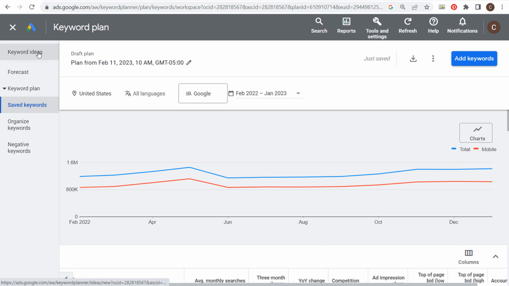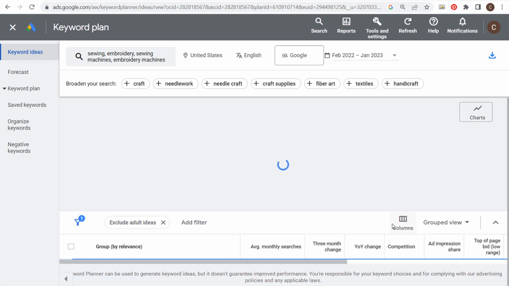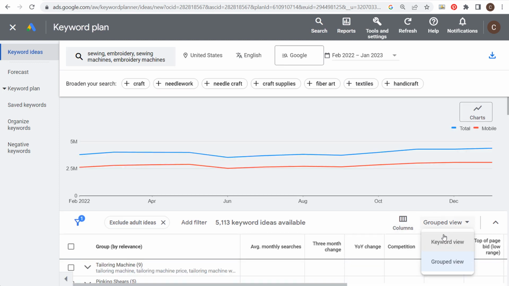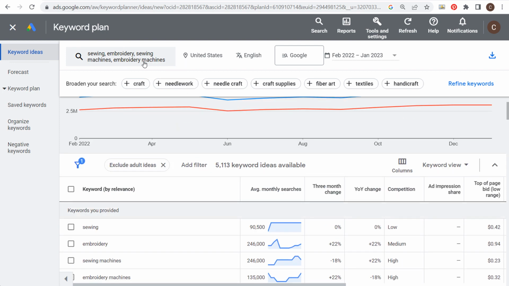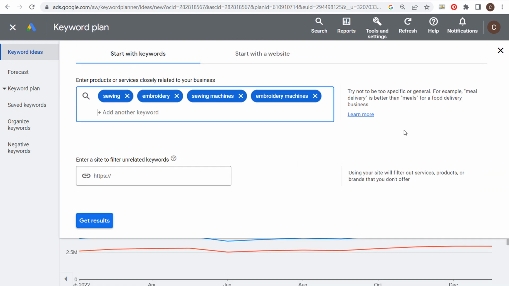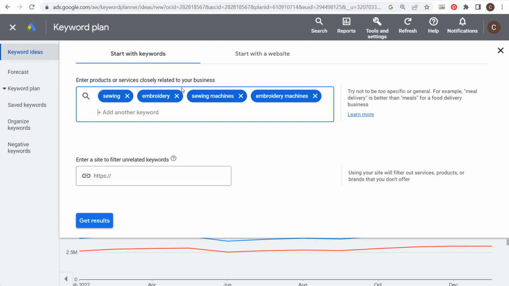So the next thing I want to go over are filters. So we're still looking at grouped view. We're going to come back to our keyword view. We just have the main keywords that we've added here. If you add more keywords at the top as you search, it's going to give you even more keyword ideas. So don't be afraid to add. You can add up to 10 different keywords here. So if you're doing things like quilting or different fabrics or anything like that, add all of those keywords here,